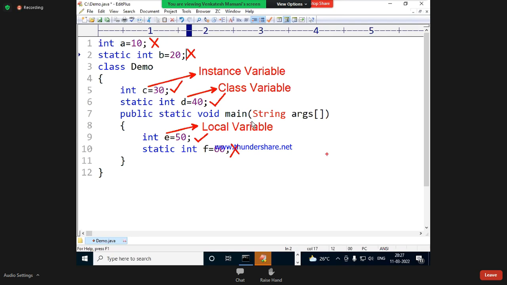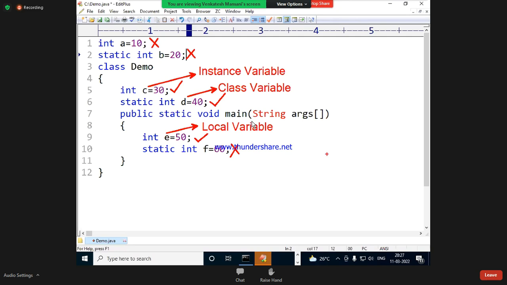Okay. Now, if I give you one Java project, and in that I ask which are instance variables, which are class variables, which are local variables, can you give the answer or not? You can, no? That is identification only. Okay, only identification. But when do we use an instance variable, when do we use a class variable, when